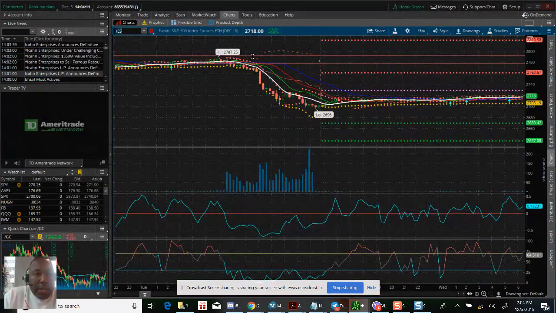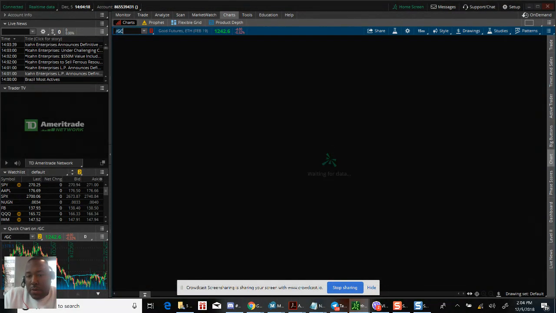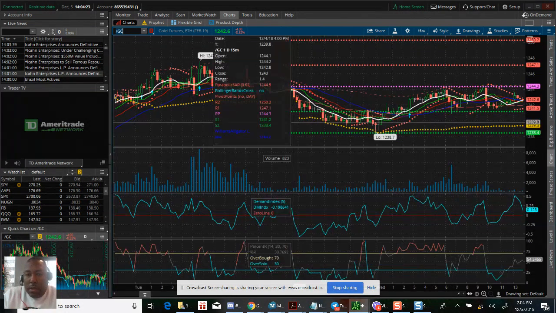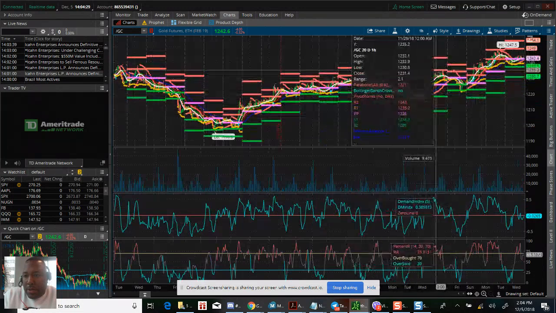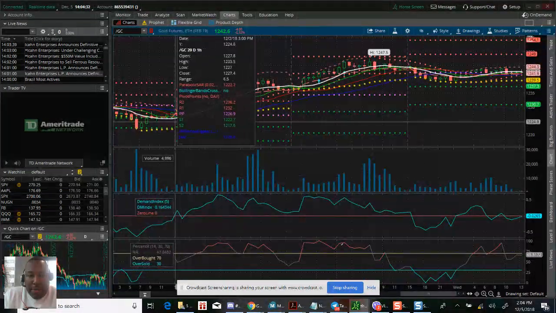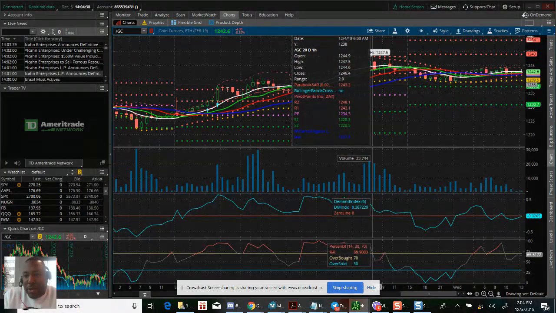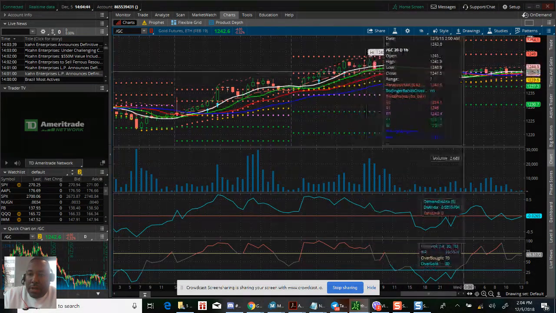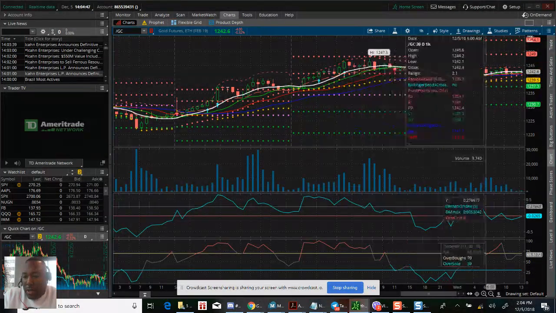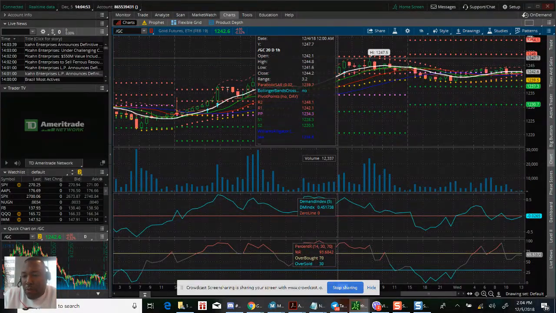So if I actually go here and look at the gold futures, waiting for the data to come up, and this is a 15-minute chart. So if I actually look at it on a 1 day, you can tell the momentum here. It's been above this line and it's just been riding up, and it looks like it's starting to fade a little bit. But put an order in at resistance or at support 1238, 1237, and that probably would be the play for Thursday. These indicators are dying down, but you see it reached the top here at 1248, and then